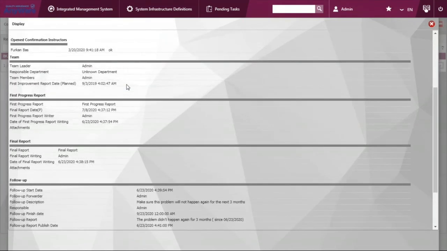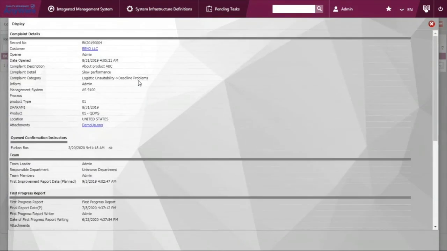So this is a nice report which helps you to be ready for the inspection of complying with the standard, for example, like ISO 9001. Considering the inspector comes to your place and asks you to show how you manage your external or customer complaints, you can pull up this report and show it to the inspector.